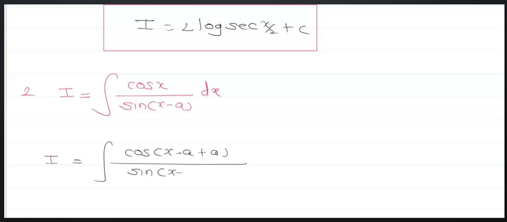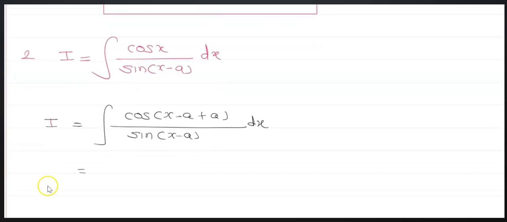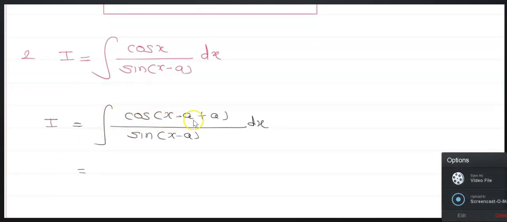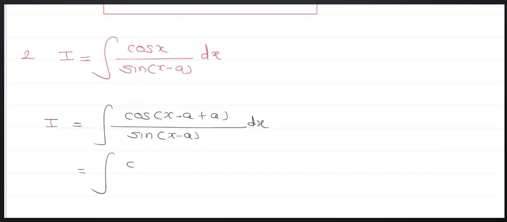म्हणजे डिनोमिनेटरला जो साइन थिटाचा अँगल दिलेला असेल तोच आपण न्यूमरेटर मध्ये घेणार आणि इथे इंटिग्रल cos(x − a + a) upon sin(x − a). जर आपण याचं एक्सपान्शन केलं तर आपल्याला कॅन्सलेशन टर्म तिथे मिळतात आणि इंटिग्रेशन आपलं सॉल्व्ह होत असतं त्याच्यात. That is cos of (x − a)